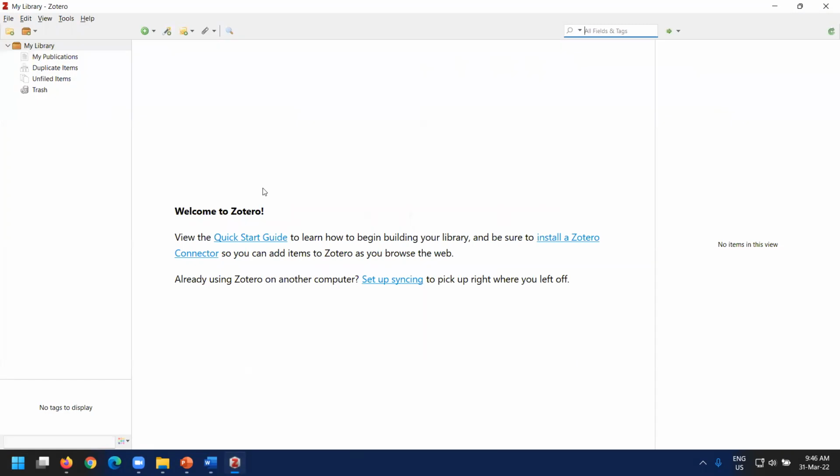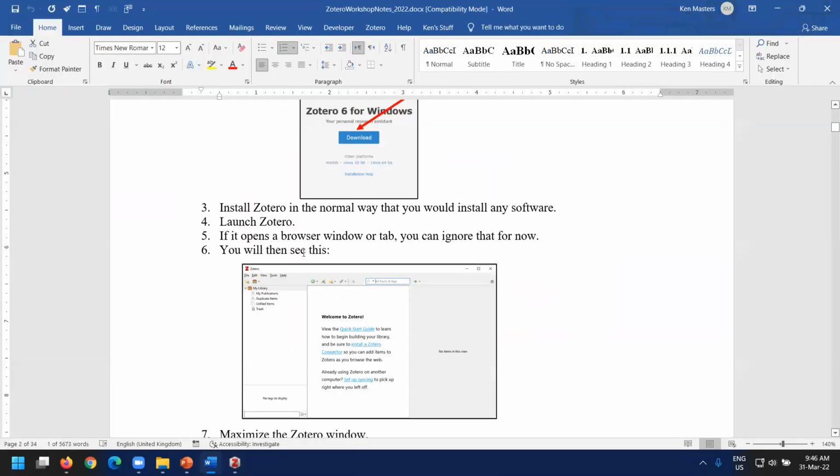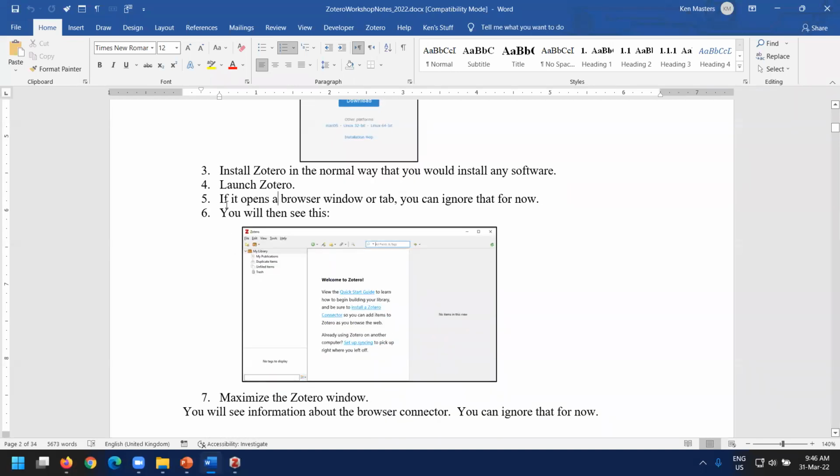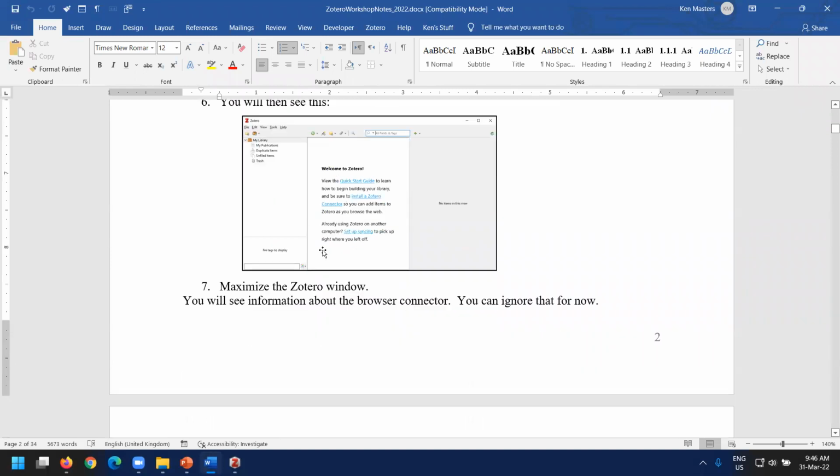Right. Don't worry if my screen is a little different from yours. But I'll talk about layouts and things like that just now. But you can have that open on your screen if you wish. Okay, we go back to this Word document. So Zotero might offer to open up another browser tab, or it might open up that browser tab. You can just ignore that for now and go directly into the